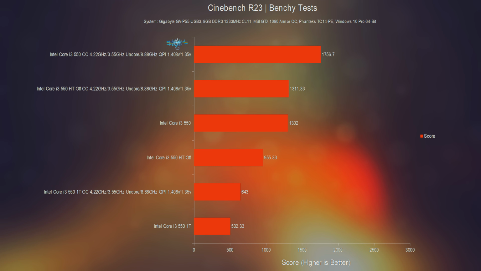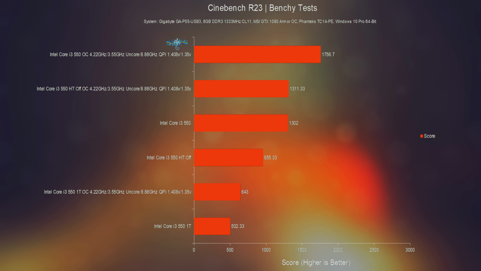The 4.22 GHz overclock pushes the multi-core with hyperthreading score up to 1,756.67 points, 34.92% over stock clocks. And with hyperthreading off, the i3 550 is now effectively equalling the score it managed to set at stock clocks with hyperthreading enabled, with 1,311.33 points, although as you'll see soon, it does this while pulling significantly more power. Single thread performance sees a smaller increase over what it managed at stock clocks, but an increase nonetheless of 28%